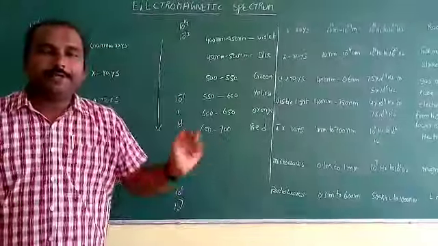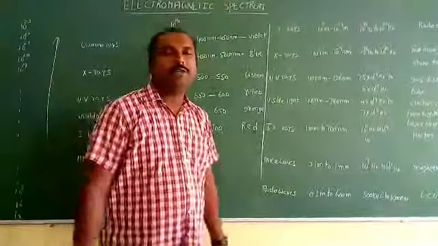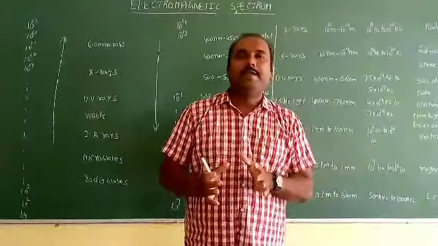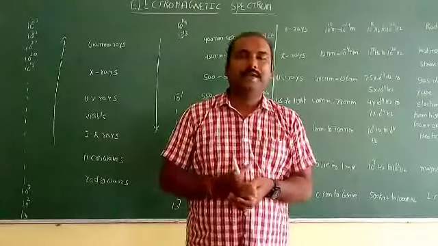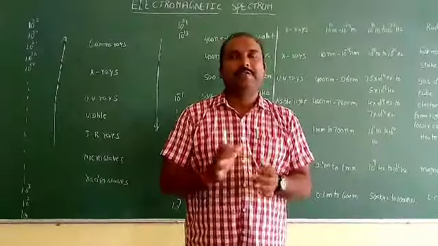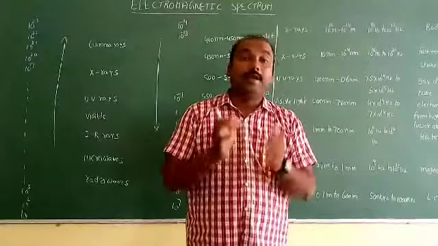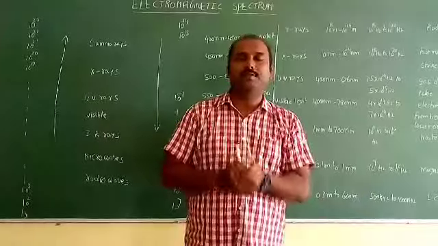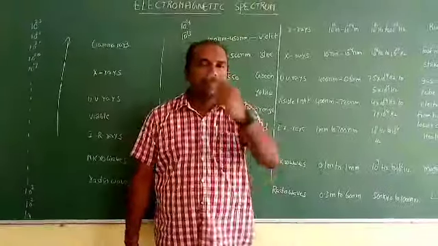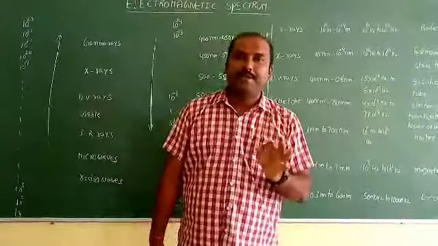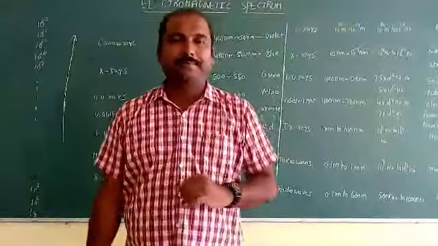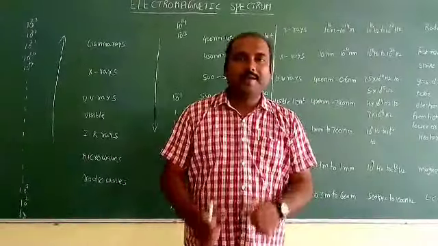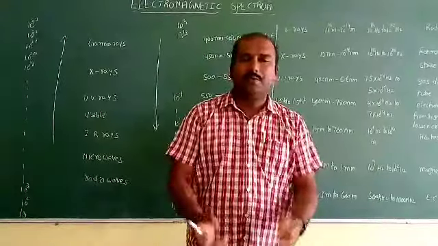Next. After that, compulsorily in the examination, you may find this thing. Write any two uses of X-rays, write any two uses of gamma rays, write any two uses of visible rays. Like that, one question you may find in the examination. Now once again, let us recollect the uses. First, gamma rays. Where are we using gamma rays? Gamma rays are used in treatment of cancer. Next, gamma rays are useful in nuclear reactions. Like that you can write.